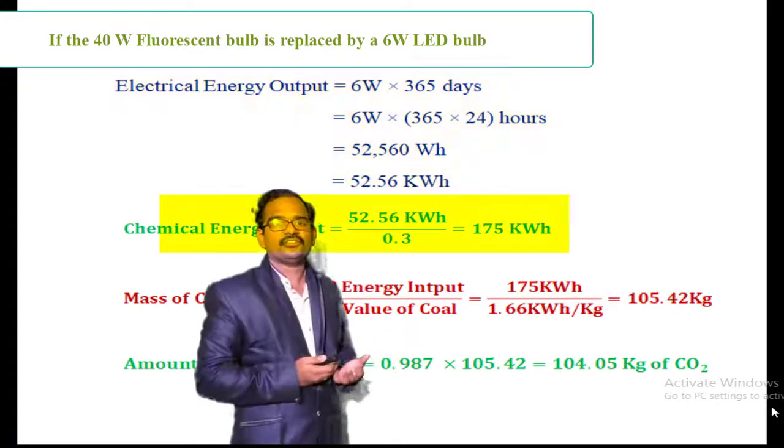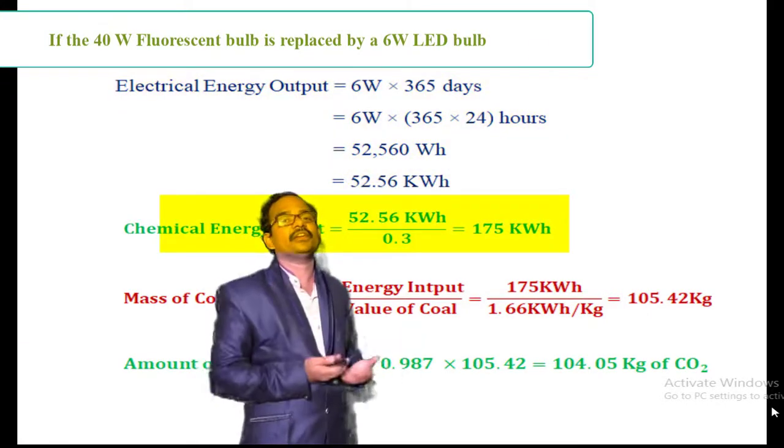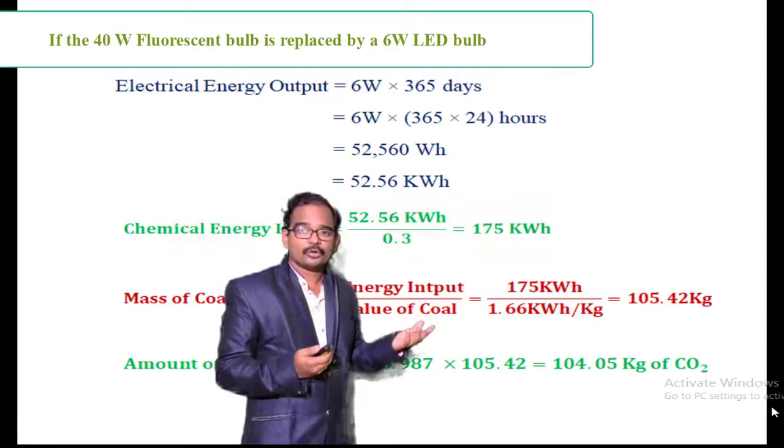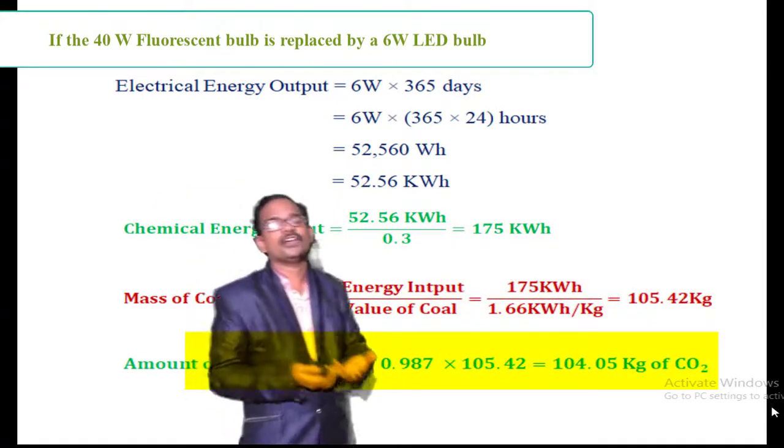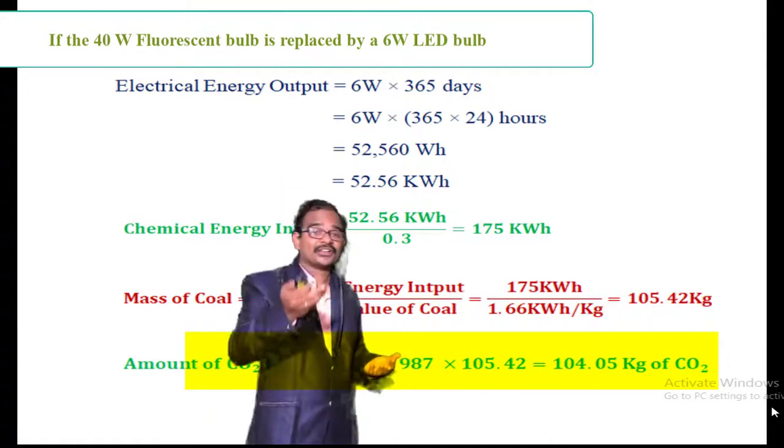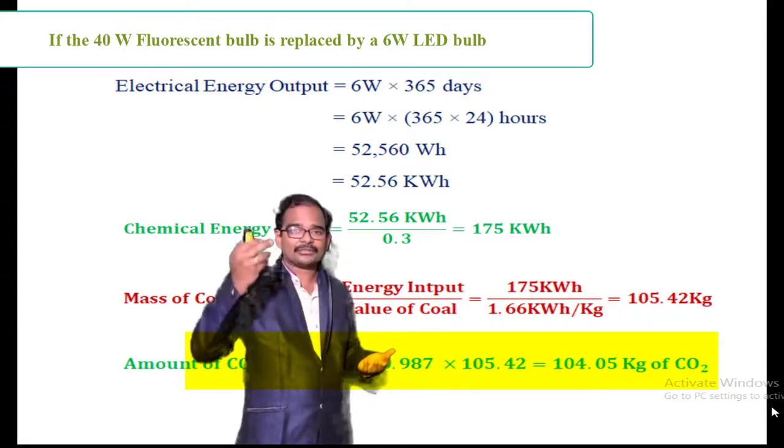So, what is the chemical energy input now? It will be 175 kilowatt hours. And what is the mass of the coal now? 105 kg. And what is the CO2 liberated? 104 kg. You can see there is a 82% reduction in the CO2 liberated as well as the utilization of